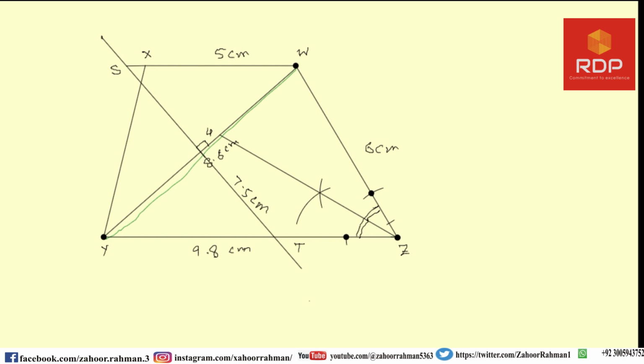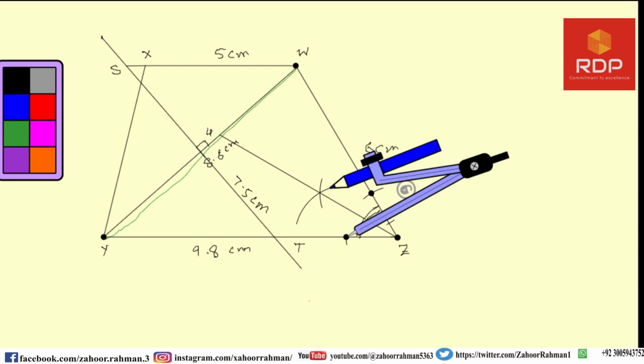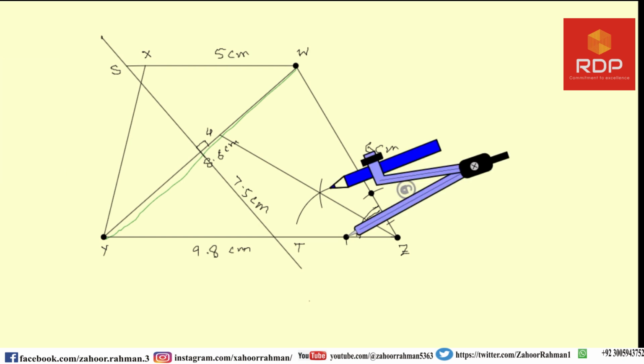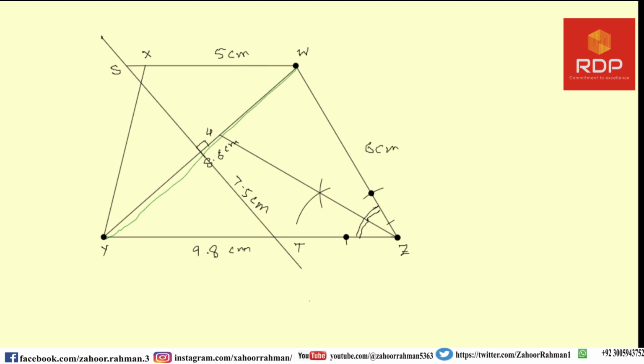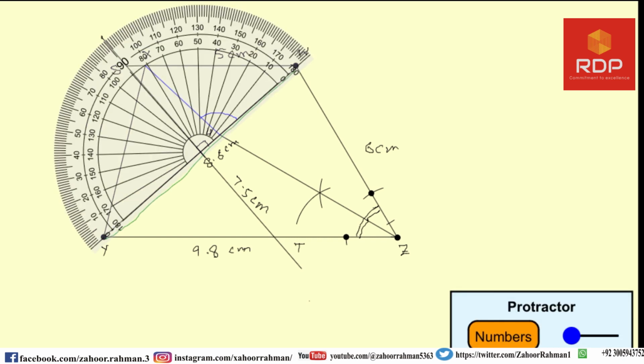And let me tell you that WUX will be this line, and we are required to measure this angle. And this angle will be equal to what? Let us bring this and put it at the middle point of this,